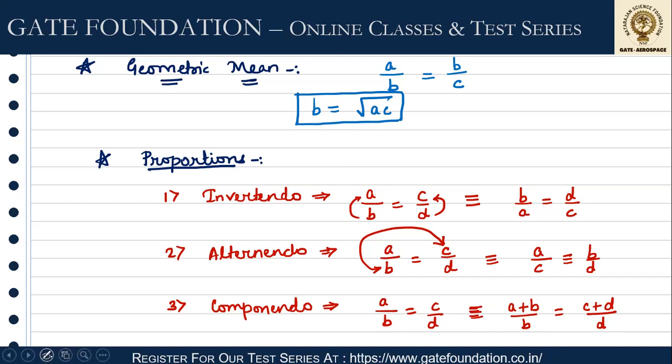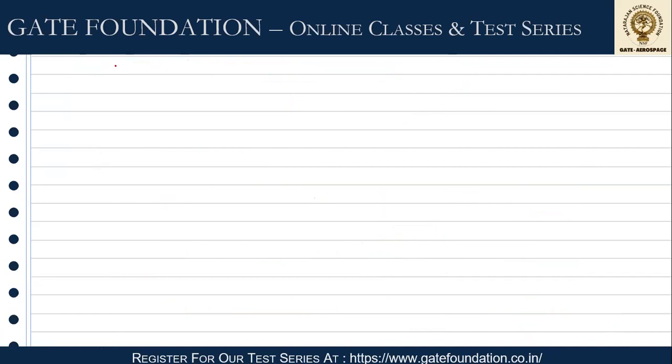How do we obtain this? We obtain this by adding 1 on both the sides. Right. The next is, since we have understood componendo, let's talk about dividendo as well. Yes, dividendo. So it's componendo and dividendo. So if I have a number a by b equals to c by d, then what